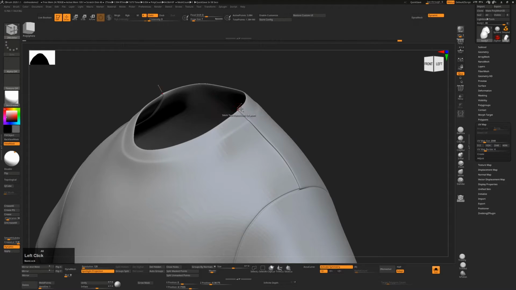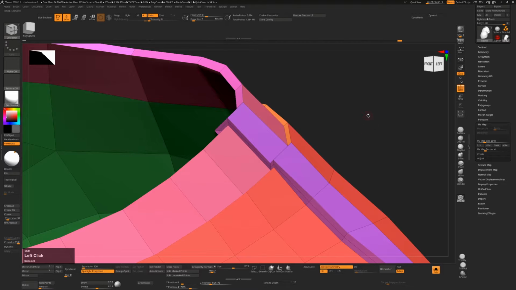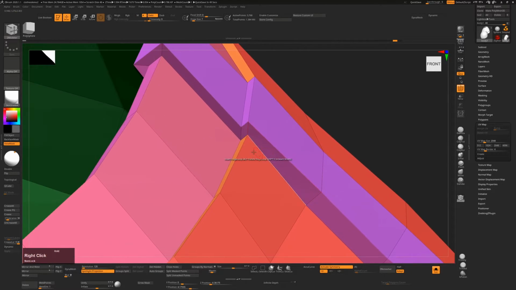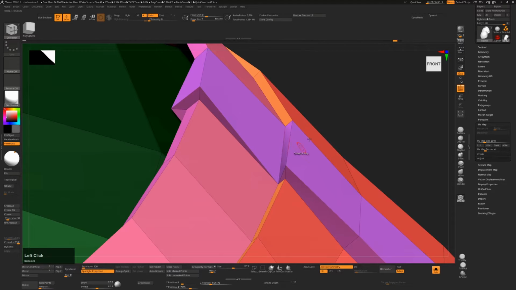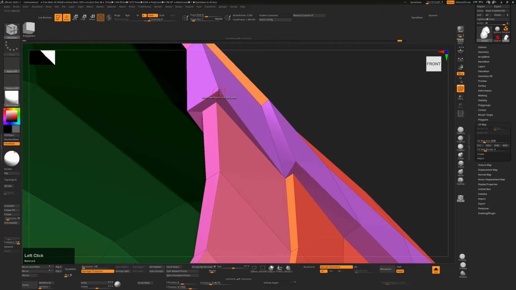I don't think this should go around the collar. I think that should be a separate piece, so I'm going to stitch this bit up here as well. So rather than stitch now where I've added all these extra points, I'm going to undo the addition of that one, and now I'm going to stitch before I actually add in that new edge loop. So stitch here,